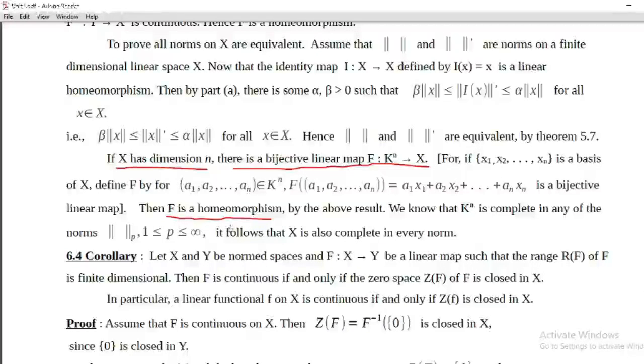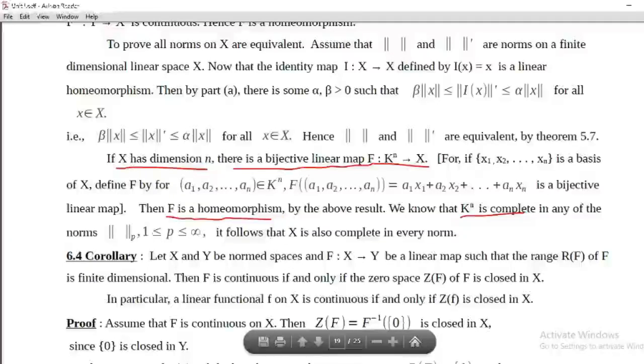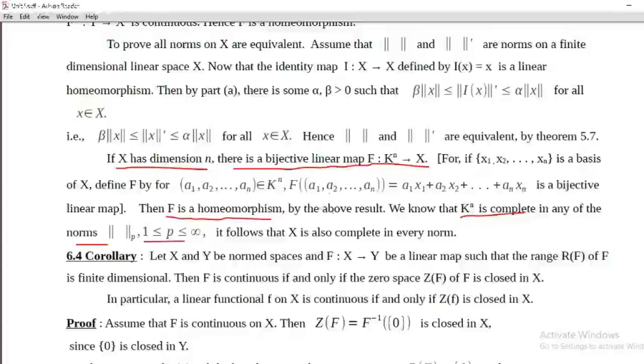What about the completeness? Again by part A, if there is a linear homeomorphism from X to Y, then X is complete if and only if Y is complete. And we know that Kn is complete in any of the norms, norm p, 1 less than or equal to p less than or equal to infinity. Therefore, this X is also complete in every